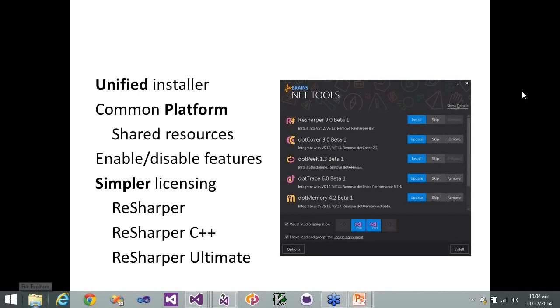Right then, so let's have a look at what is new in ReSharper 9. The first thing we see is when we install ReSharper, it's got a brand new unified installer. You can install all of our tools from one main installation package. There's several reasons for this and several benefits it gives us. The primary reason really is that it makes it easier for you to get our tools and install everything in